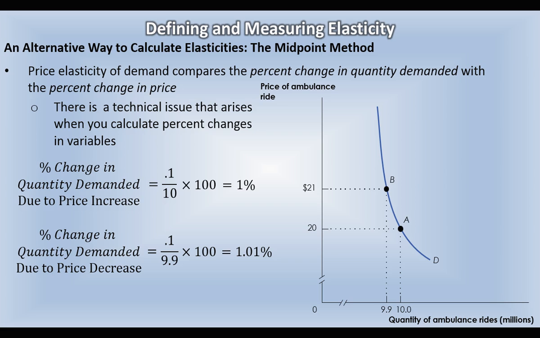The price decrease. So the price is decreasing. So it was higher at $21. So that's where we were, right? And then the price decreased. So then we moved along the demand curve to the 10, right? So we started at